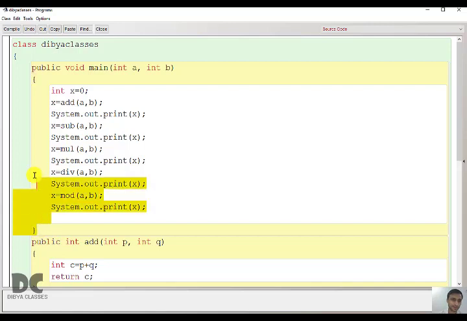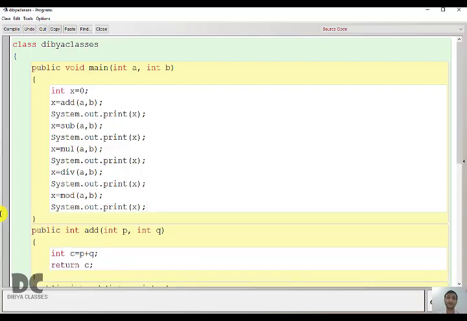Remember, see now this function will end. After the main function ends here, it will not move automatically to the next function, that is add. It will only go to the next function when the calling syntax is written. The cursor will not jump automatically from one function to another function; it will go only when a function calls another function, right?